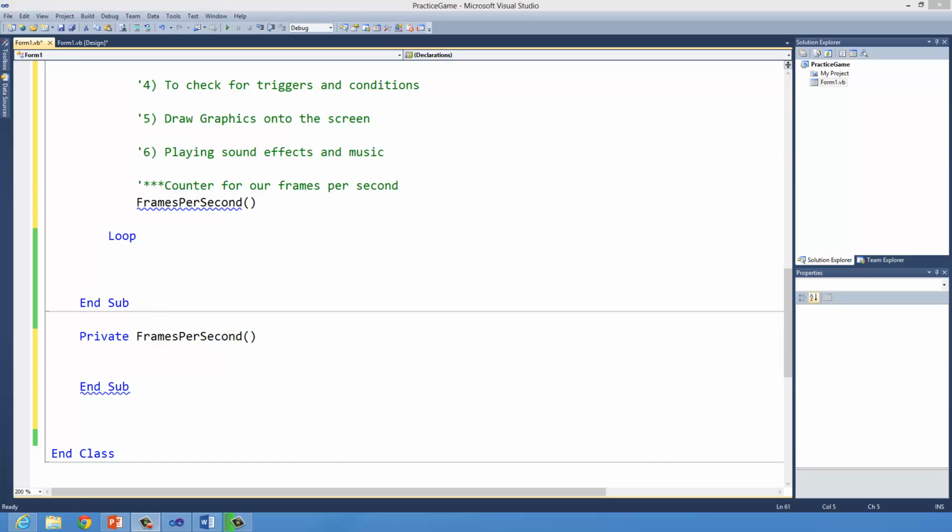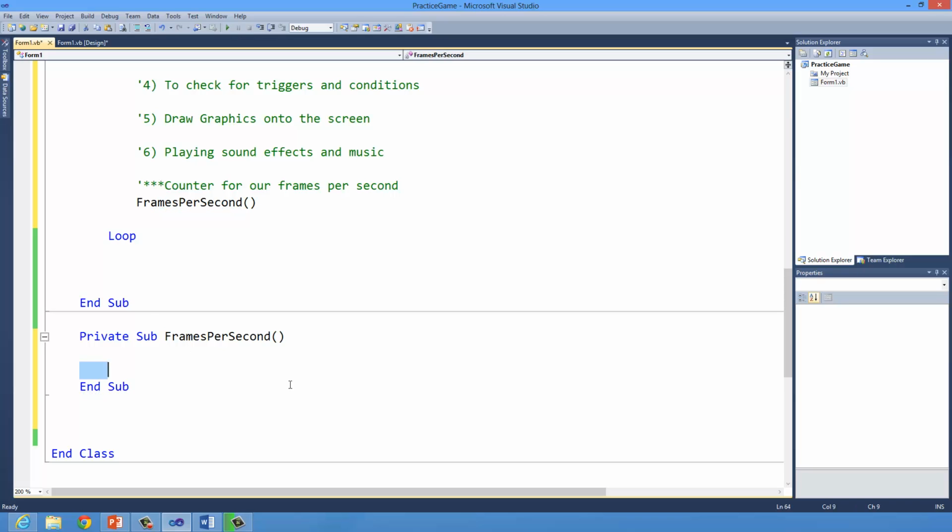Oh, because I forgot to put sub here. Private sub. There we go. Okay, so inside this, and it's the same for all programs, or very similar,